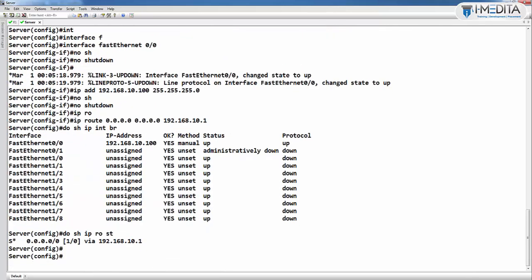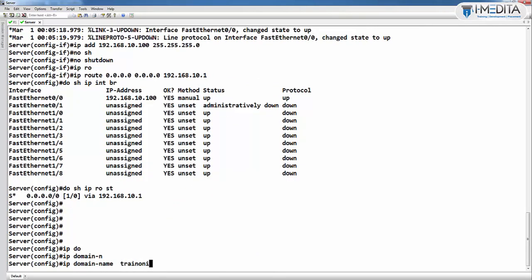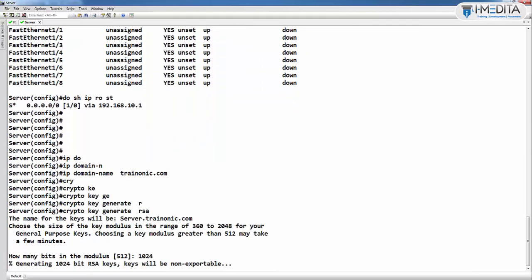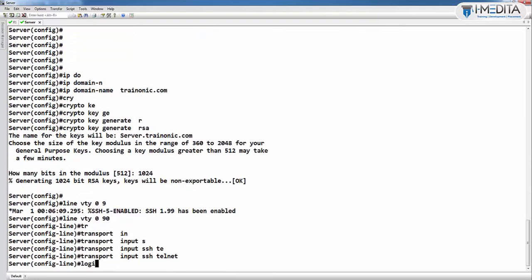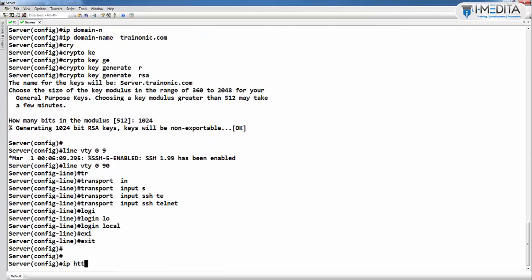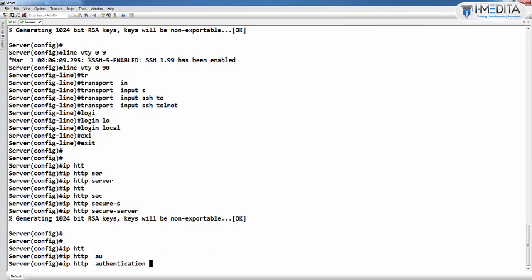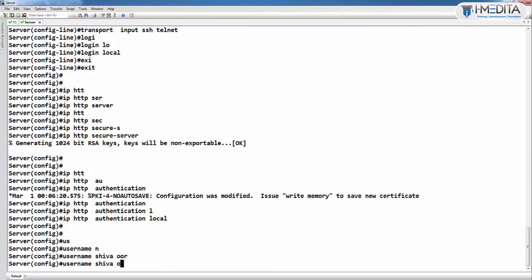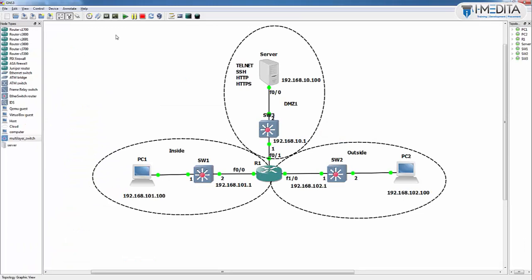and on 10.100 run services: IP domain name tenonic.com, line VTY 0 to 90, transport input SSH, login local, IP HTTP server, IP HTTP secure server, IP HTTP authentication local, username Shiva privilege 15 secret Shiva, do show history. Okay, then go to PC1,